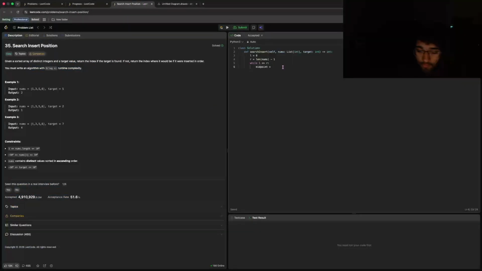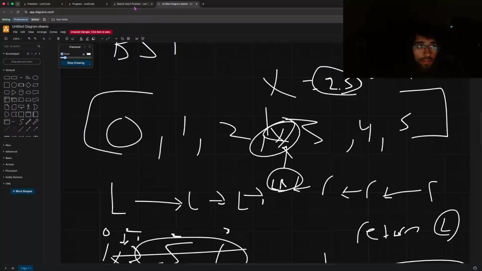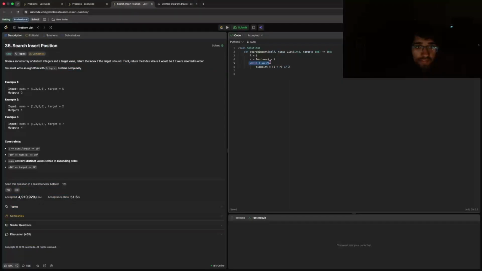So the midpoint formula, it might be good to memorize this as well, but it'll be this. This is the formula for midpoint, right? This is what gets us our middle value, what we're looking for. While left is less than or equal to right, we're looking for the midpoint. And this will be constant for every single thing going forward. But how this will work is, say,